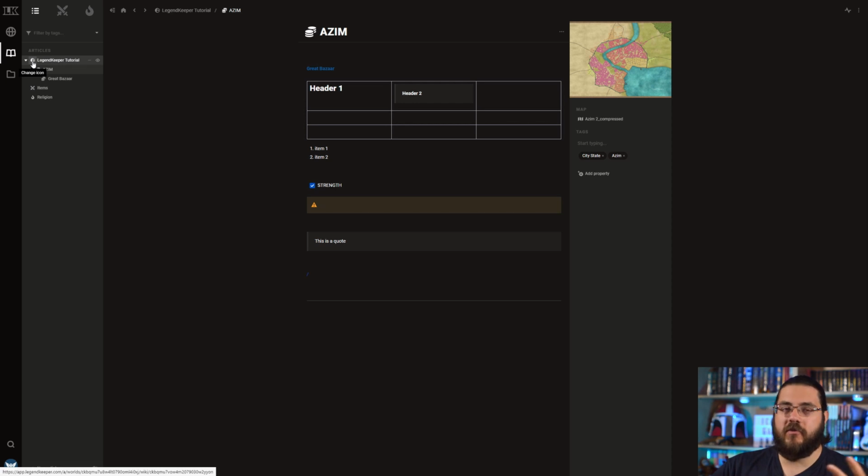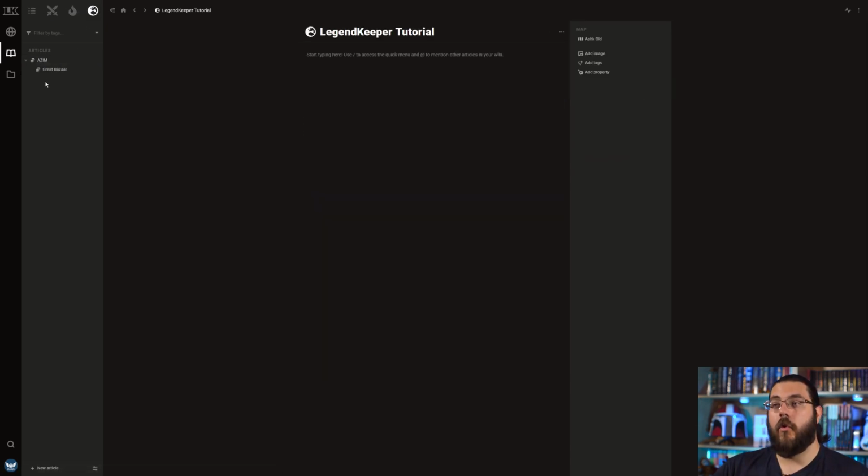So what I do is go on the icon, hold down the left mouse, and just do it a little slowly. But you can see if I click up here, it will show me all the things that are underneath the LegendKeeper tutorial, the main world, everything that has that as its parent article. And that's a really good way to categorize all your things. I'll show you how I use this later on in the video, but it is a really handy way to separate out that information,